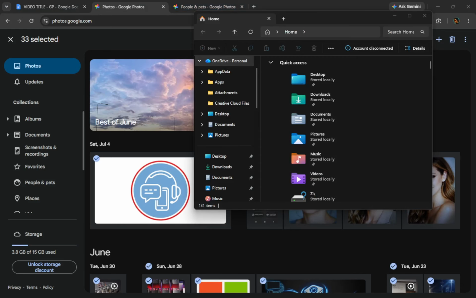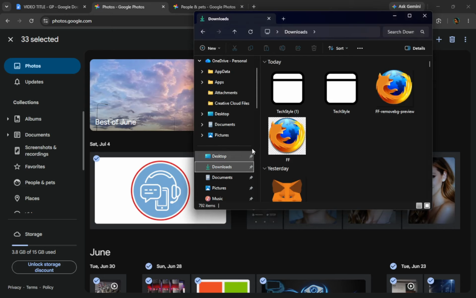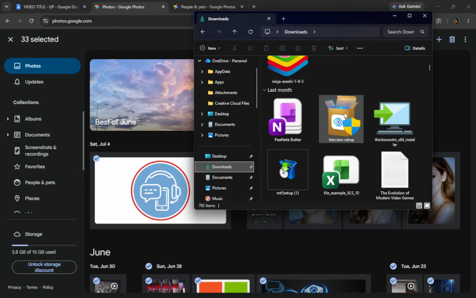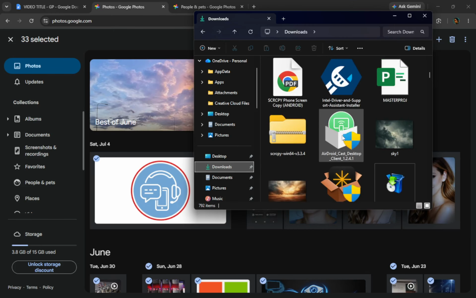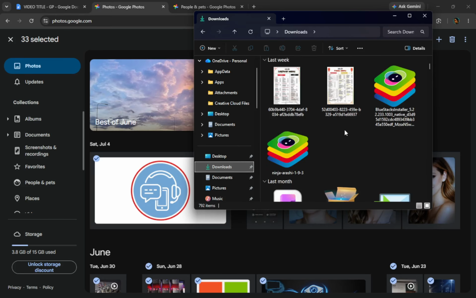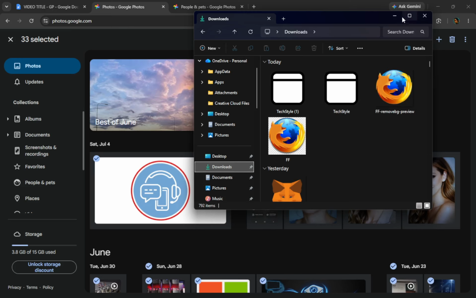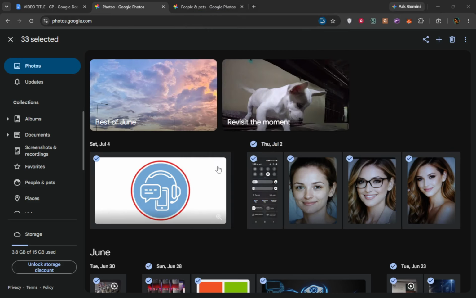Next, select Downloads from the left pane. The Downloads folder is usually located in the Quick Access section of File Explorer, which displays your frequently used folders for easy navigation. By clicking on Downloads, you will see all the files you have downloaded from the internet, including photos from Google Photos. This step is important because it's the most direct way to access your downloaded files without